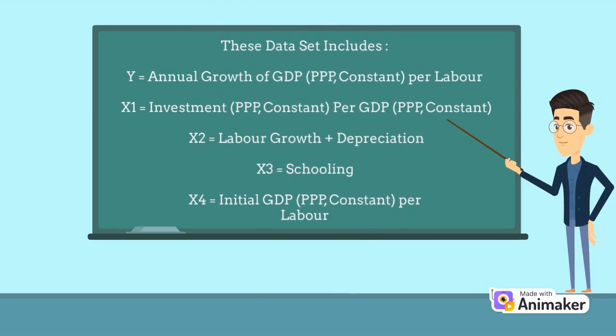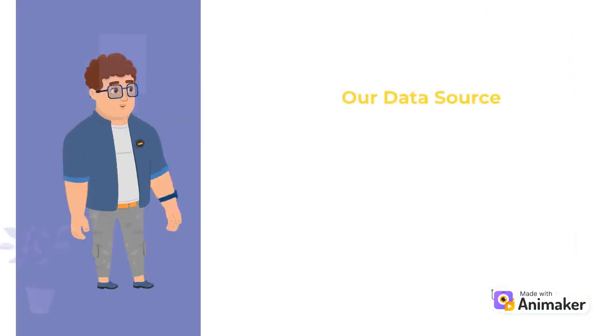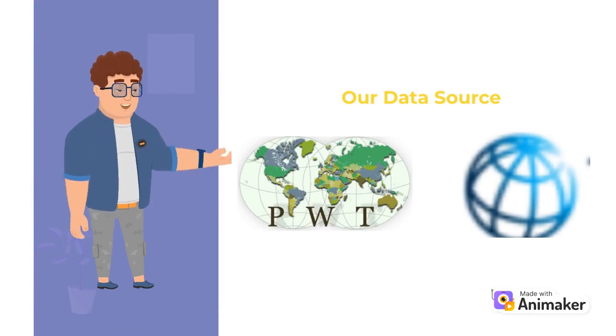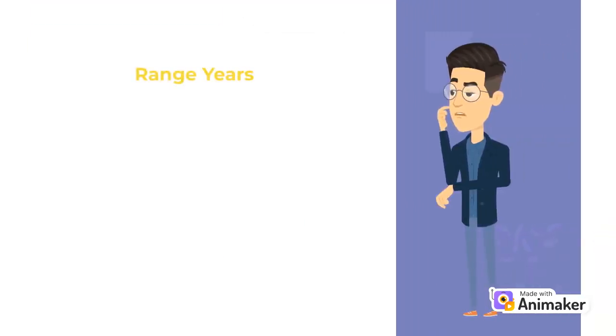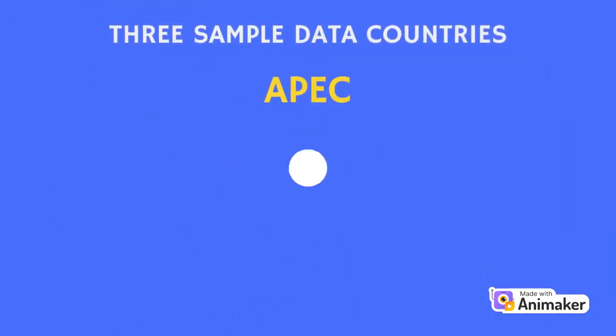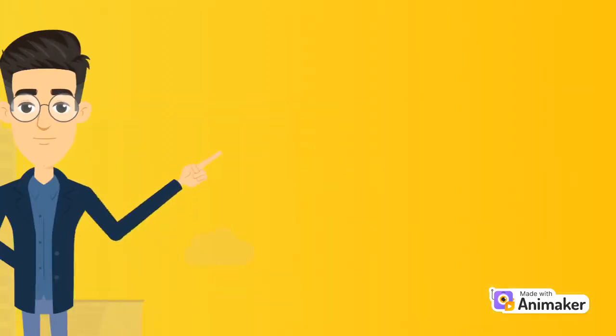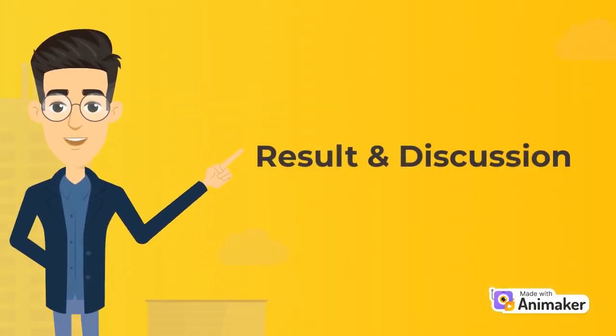This dataset includes annual growth of GDP per labor, investment per GDP, labor growth plus depreciation, schooling, and initial GDP per labor. We obtain this data from the World Development Indicators and the Penn World Table. We use the range of years from 1991 to 2019 for our paper. Our sample includes countries from APEC, upper middle income, and sub-Saharan Africa. In this study, we analyze MRW tables 2, 3, 4, 5, and 6 to see whether the data we have and